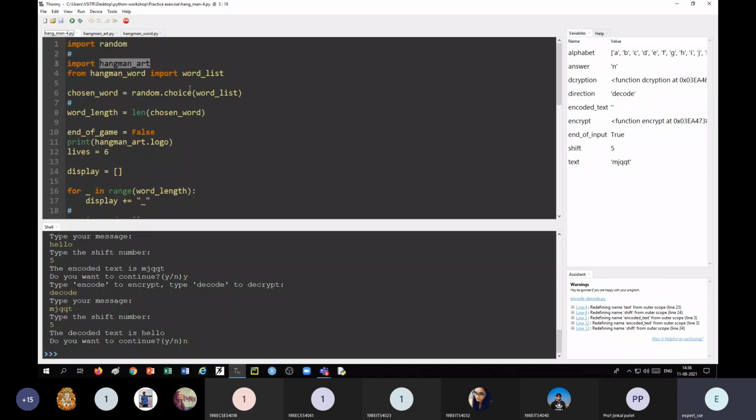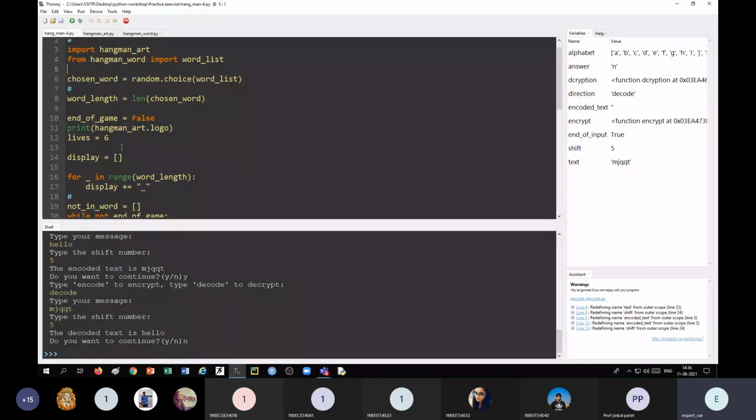Suppose I want to print the logo, so I have imported this module, or this program, in our program. As it is in the same directory, we are not going to write a path. If it is in another directory, we are supposed to write a path here.